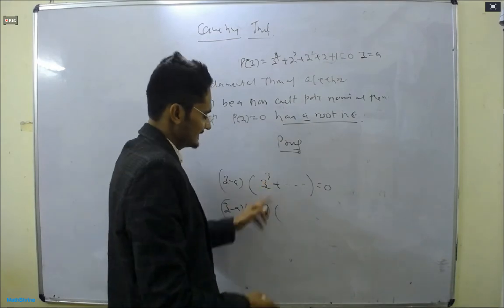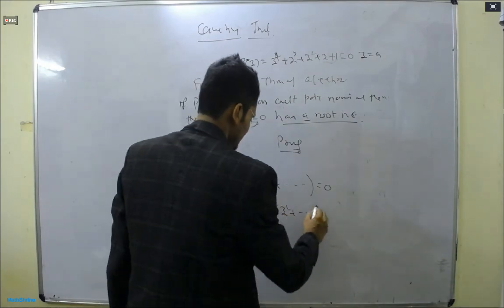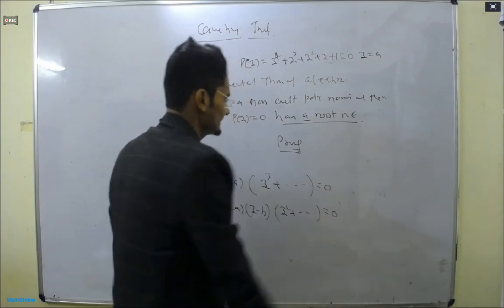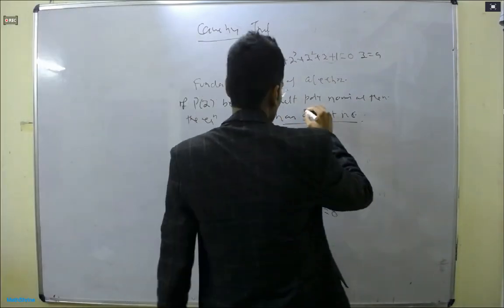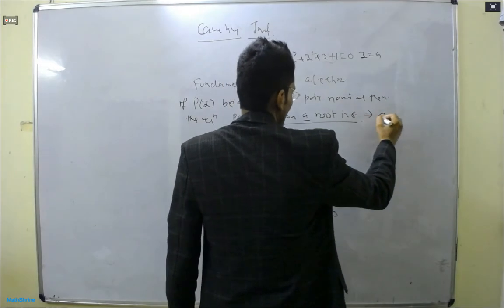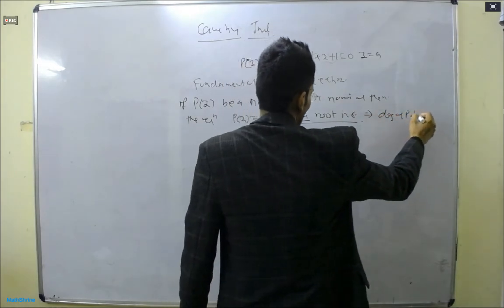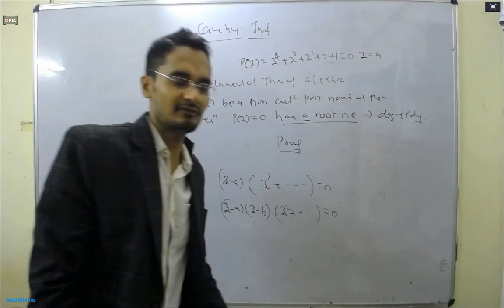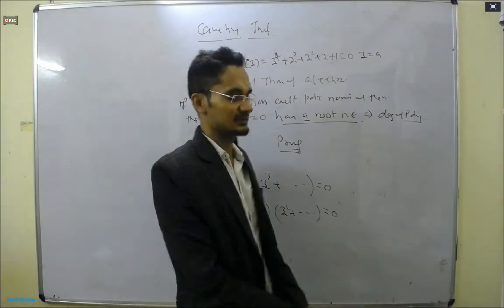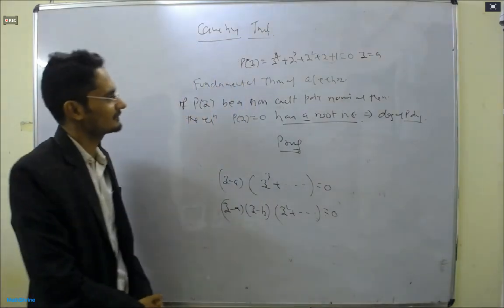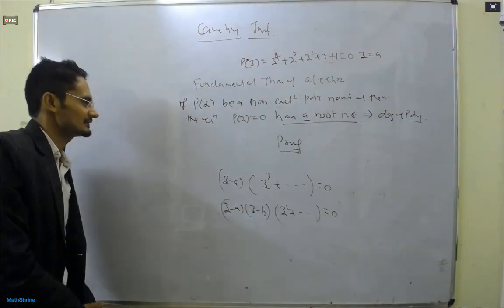Some people say the fundamental theorem of algebra has an extension. I do not know why. There is no reason, I think you can conclude directly. P(z) is any polynomial. Then the equation P(z) equal to 0 has how many solutions? If it is degree 3, it will have 3 roots. If it is 4, it will have 4 roots.